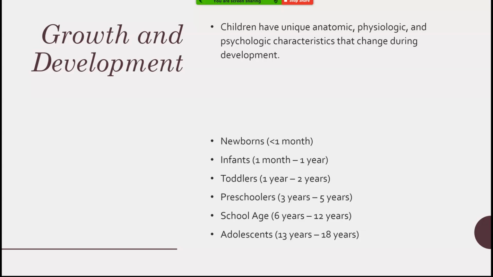We talked about this in our lifespan chapter, but the differences between